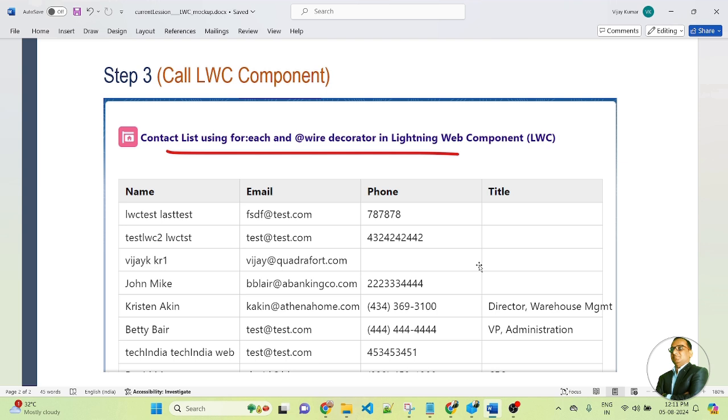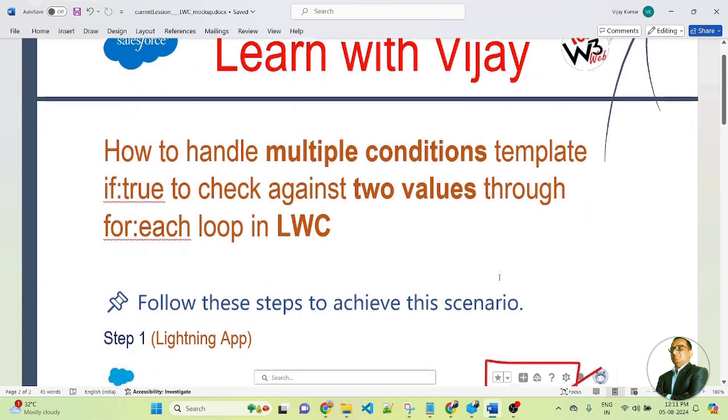If the template gets any kind of issue while fetching the data, then we will display an error message in the template if condition. So there are two types of template if condition. In the first template if condition, we will display the data, and in the second template if condition, we will display the error message. In this lesson, we will handle two types of template if condition against two types of value in the LWC component.